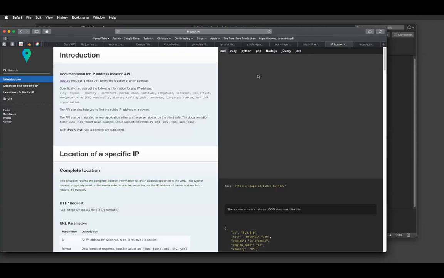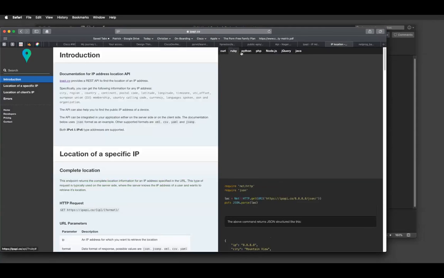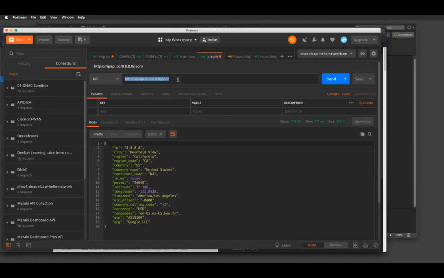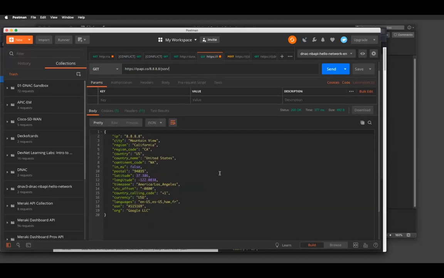You can see several ways to call that API. They have it up here at the top, curl, and there's the curl command right here, and how to call that API. If you run it in Ruby, here's the way to do it in Ruby. Here's the way to do it in Python. So this particular API documentation is very good around how to run this based on whether you're using a programming language or if you just want to use curl. In this case, I just took this particular URI and I put it back into Postman. I'll put that one in the chat as well. And again, just with the GET and that particular URI and send, I'm able to see information about that particular IP address.